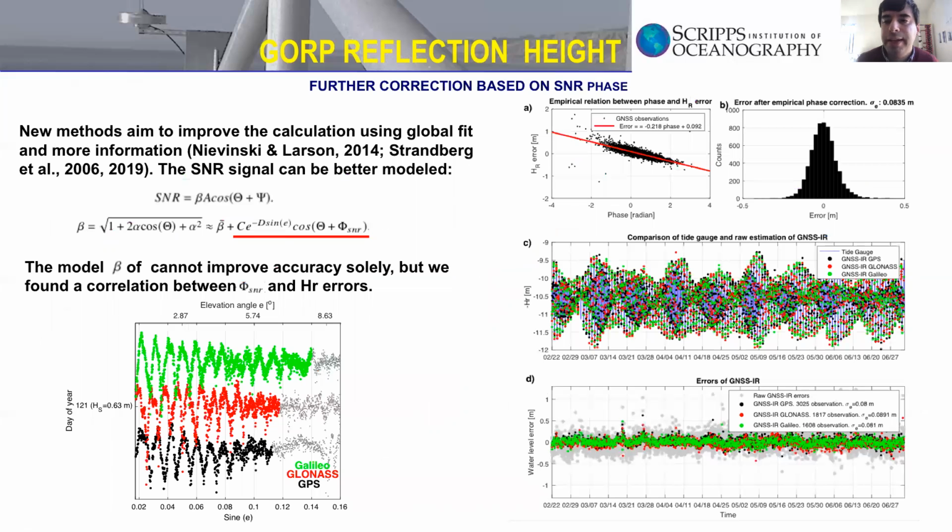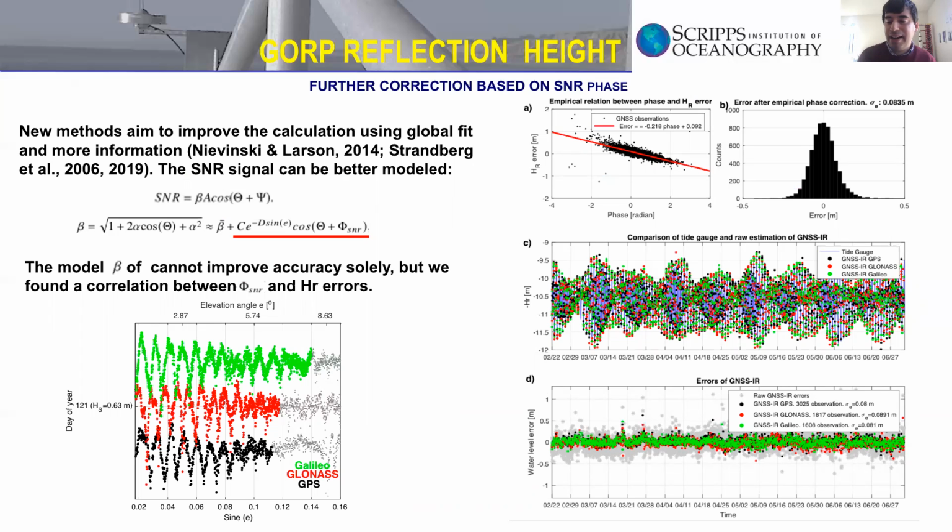However, our challenge, or our objective, is to try to use this technique in order to measure other processes. For example, storm surge, or if we are lucky and we have a lot of satellites, also try to measure tsunami waves. For these cases, we think we still need more accuracy, better than the 20 centimeters, or the 16 centimeters I showed you before. Therefore, what we did was to